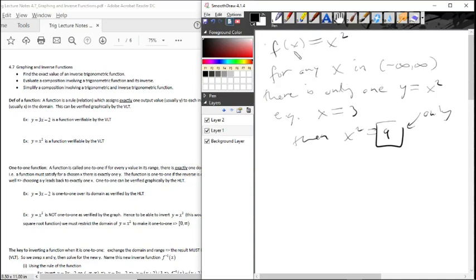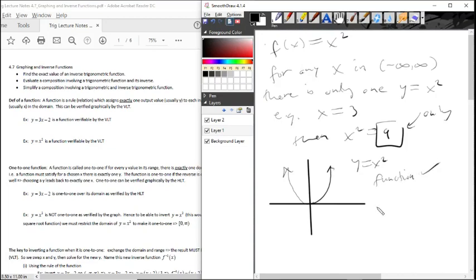A quick way to verify that something is in fact a function over its entire domain is to look at the graph. If we know how to graph a relation, in this case we do. We know how to graph y equals x squared. It looks like a parabola. It goes through 0, 0 and 1, 1. It looks like this. The way to verify that this is in fact a function